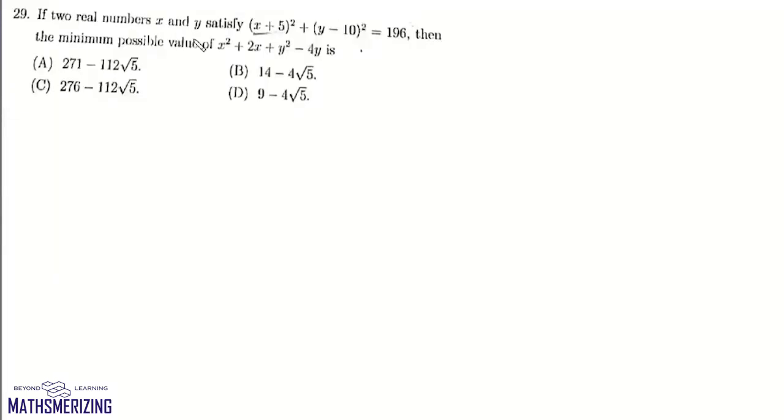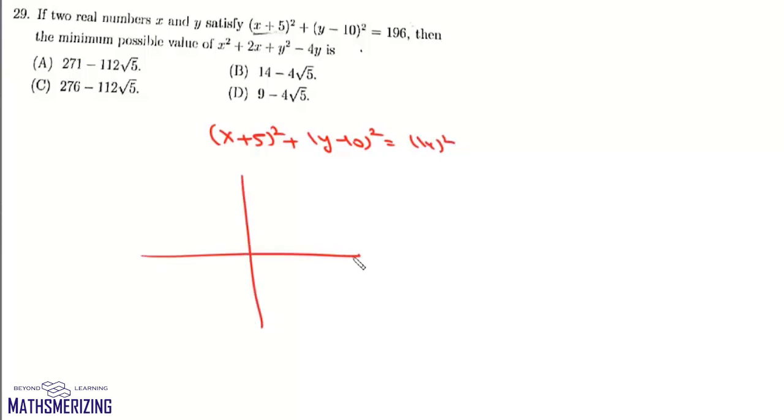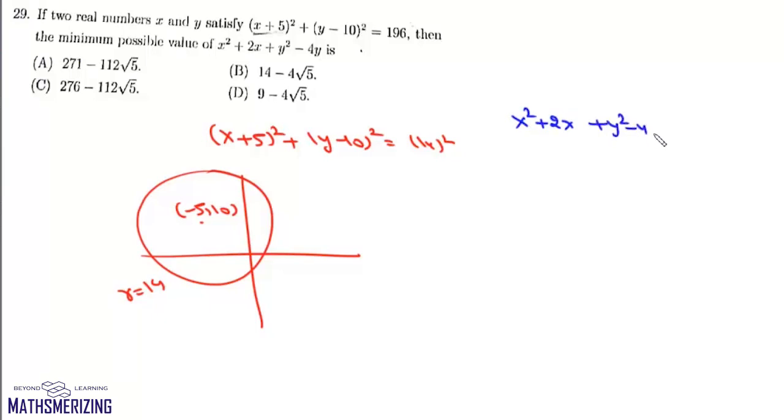Now question number 29 is two real numbers x and y satisfy x plus 5 square plus y minus 10 square equals 14 square, which is a circle with center at minus 5 comma 10 and radius equals 14. Now we have to find minimum possible value of x square plus 2x plus y square minus 4y. Now we'll complete this perfect square. We'll add 5 and subtract 5. We'll get